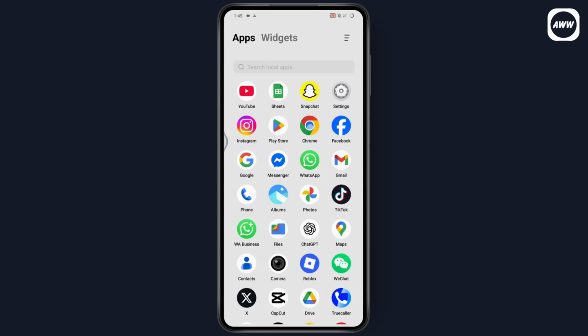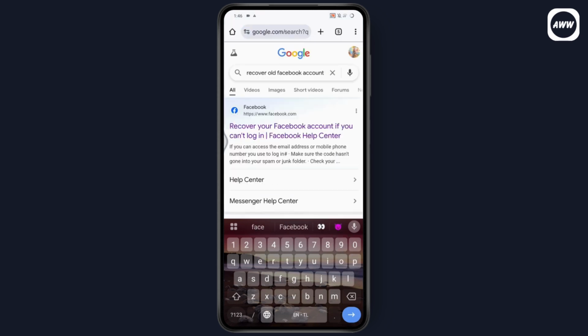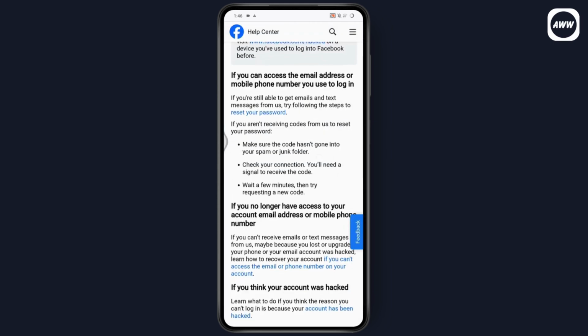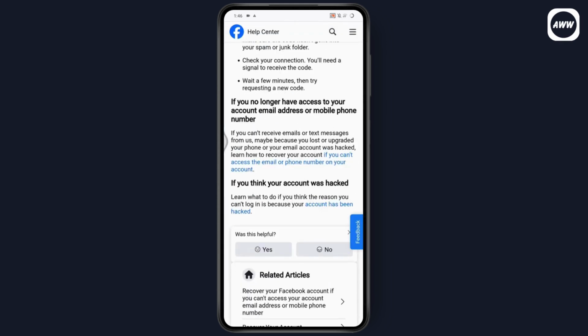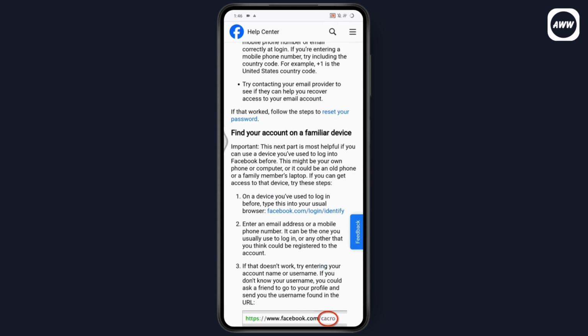After that, you can open up your Google or your browser and go with your search. Under search, you can search for recover old Facebook account. Now tap on recover your Facebook account if you can't log in, which will take you to the help center. And now you need to scroll down and then tap on if you can't access the email or phone number on your account. And now again scroll down and tap on login identity, which is right here,